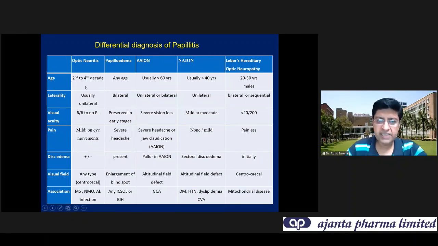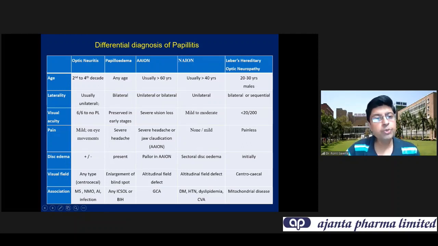So we talked about the second to fourth decade for optic neuritis. Papilledema we know can occur at any age. The ischemic neuropathies are usually in the older age group, so above 40 or 45, usually described as 45, but in our country, because of increased diabetes and hypertension load among our population, we've seen it in above 40 also. So older age groups ischemic, and young males is Leber. So young males presenting in their late teens or early 20s, you would start thinking of Leber's. But of course, there's a huge overlap in all these presentations.